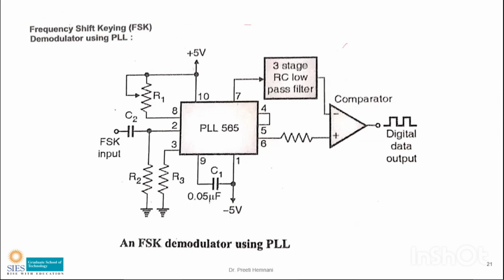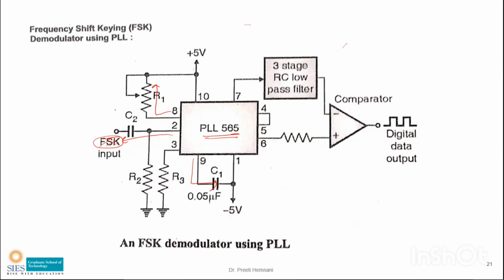So this is the PLL block diagram, you know. This is the functional diagram where extra things are added to generate FSK. This is PLL 565. You know about PLL, so I'm not going to explain in detail what PLL is. Pin 8 is connected to RT, and pin 9 is connected to CT. Pin 2 is input. I have written FSK input because we are going to use it as an FSK demodulator. So 2 is input. ये हटा दो FSK अभी थोड़ी देर के लिए.